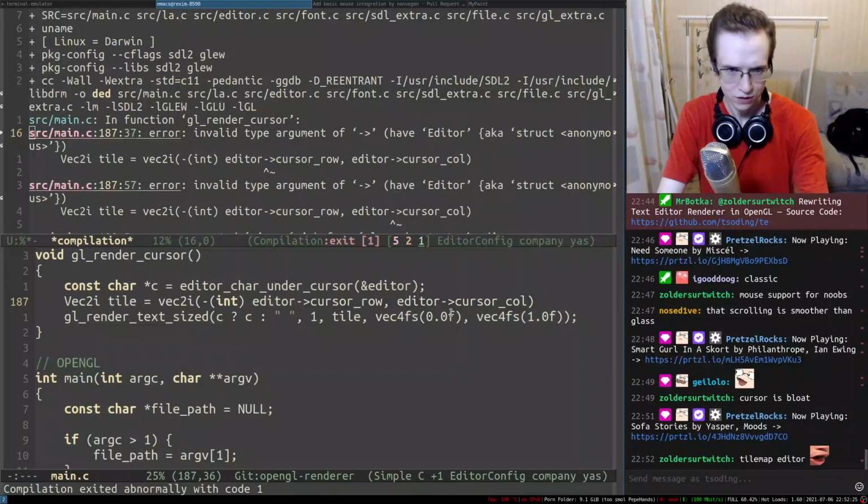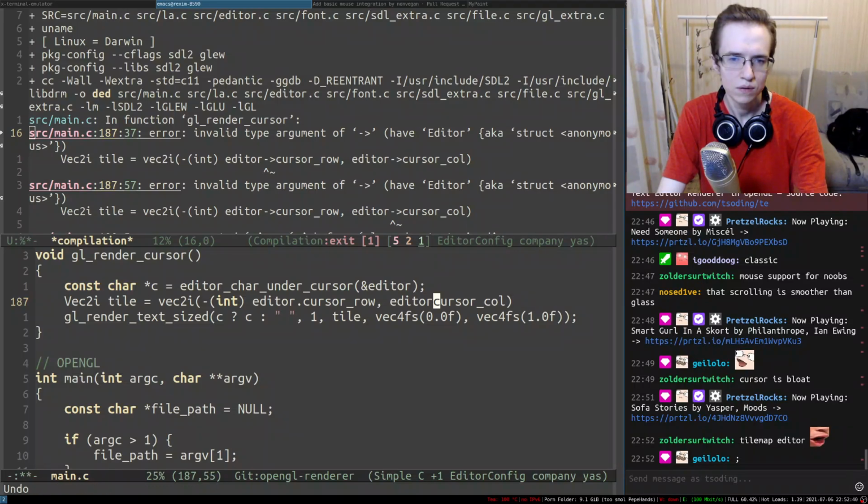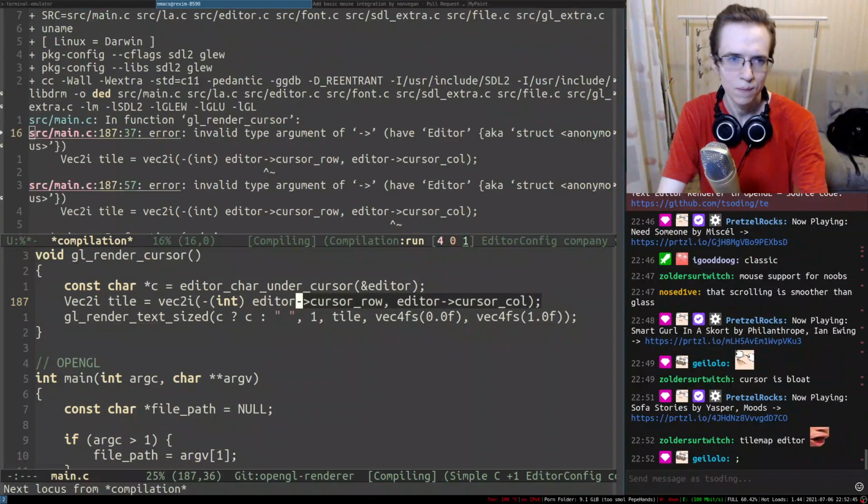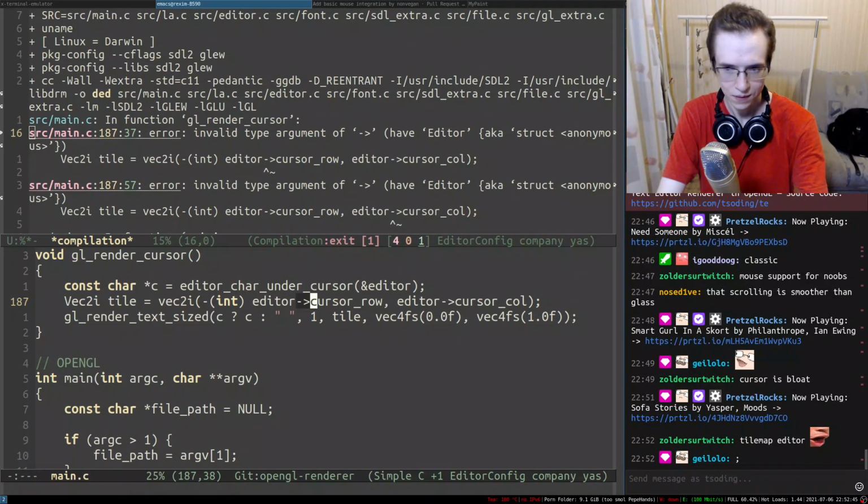All right, so something doesn't work because of editor, invalid type argument. Is it because it's not that? You think it's the semicolon? It doesn't have it. Why am I reading chat?